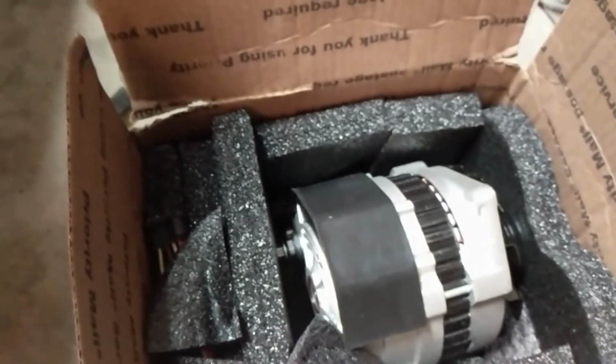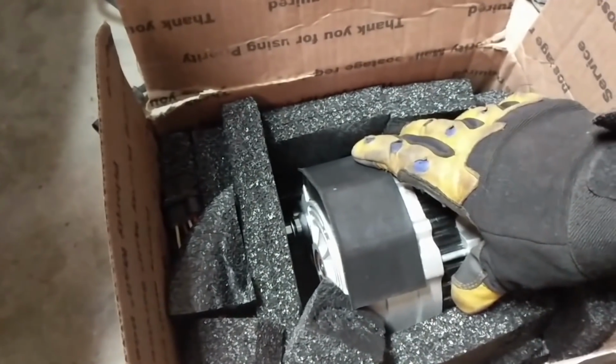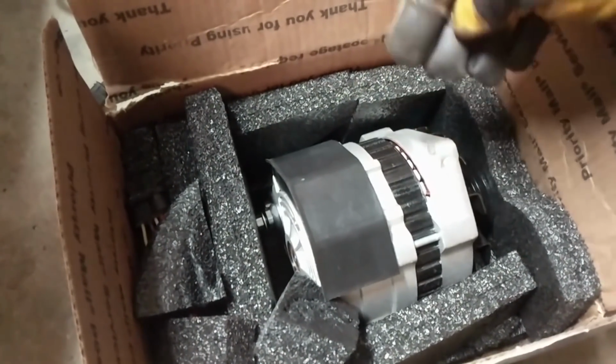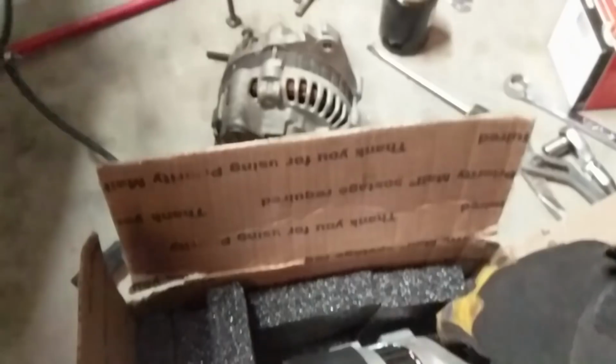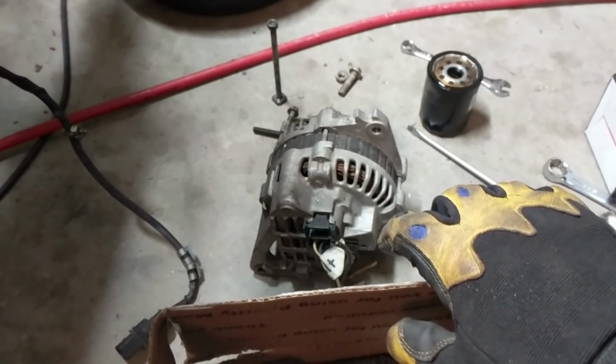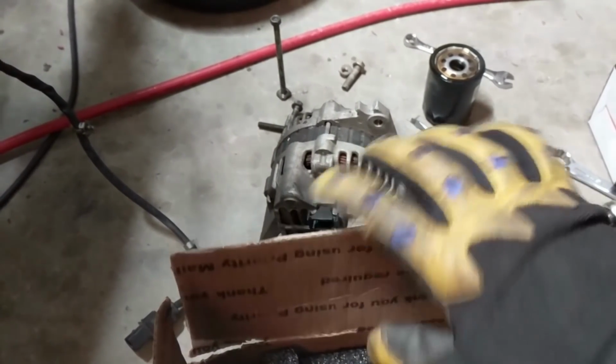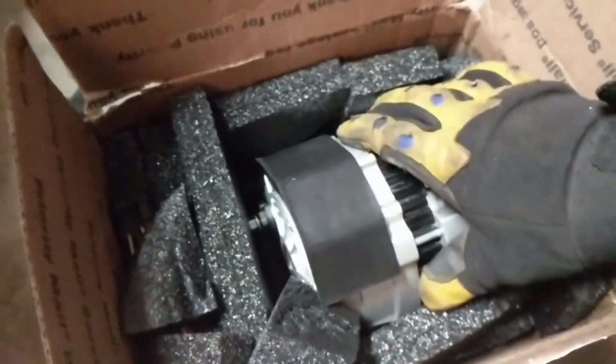And it's not exactly a direct swap, so this does need to be modified. It's actually from a Saturn, and on top of that, this alternator's been rewound up to 250 amps. The stock GSX one puts out about 60 or 70 amps, which is not going to be enough by any means. The electric power steering and everything else, it's not going to work. So we got this,